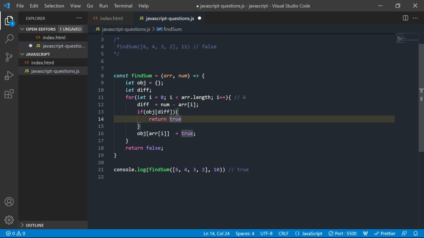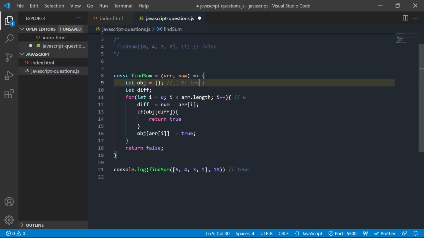By this time, for the first iteration, the object has nothing, it's an empty object, so it is going to skip this condition, and here object of array of i is equal to true. So now it is assigning a key to this object with value true. Object of array of i is nothing but 6 is true.